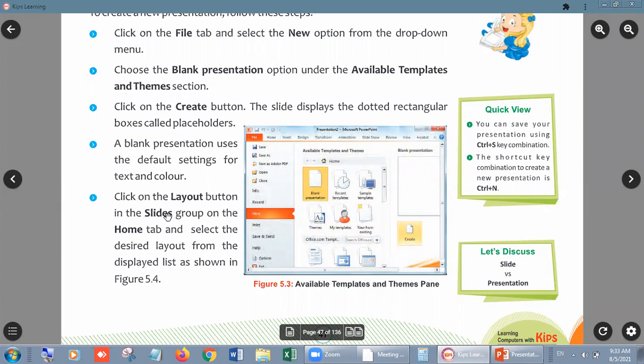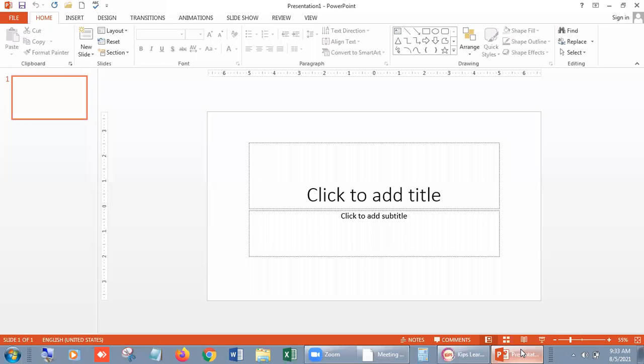A blank presentation uses the default setting for text and color. Click on the Layout button in the Slides group on the Home tab and select the desired layout from the displayed list as shown in the figure. How we can do this? Look, if you want to open a new presentation, look students, it is already a new presentation, Presentation 1.